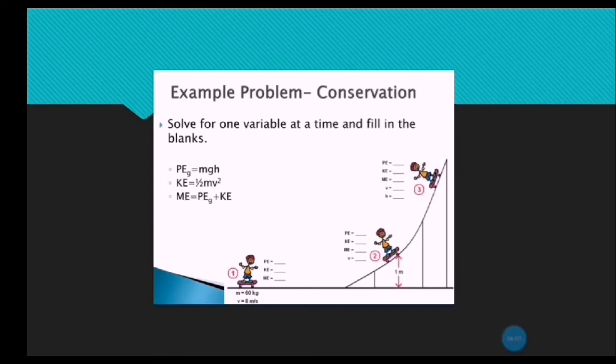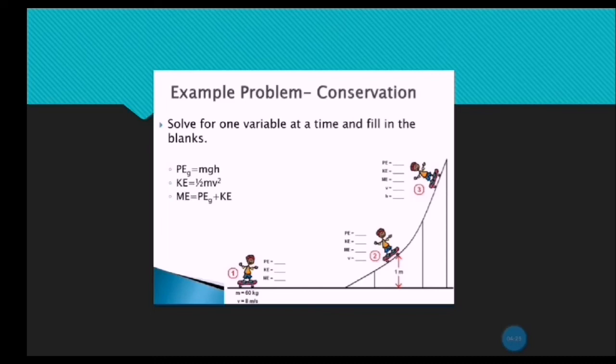And at 3, I don't have kinetic energy anymore because the potential energy is at its highest point, because the person is on the top of this game. He will have the highest potential energy, which means the kinetic energy should be equal to 0. He will have no speed in position 3. The sum is going to stay the same.